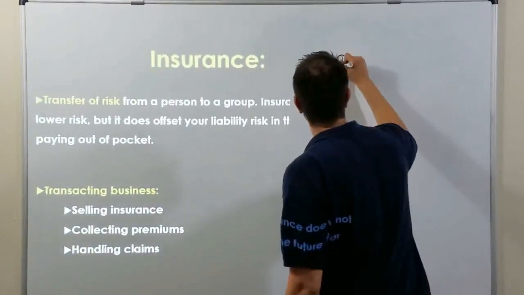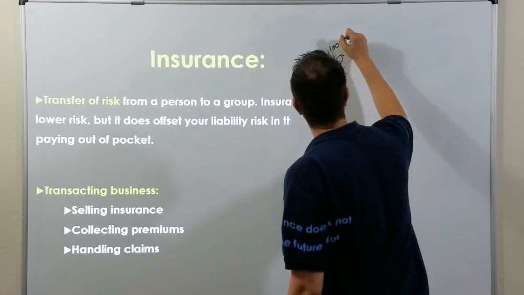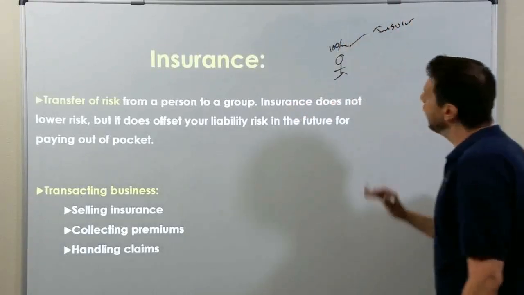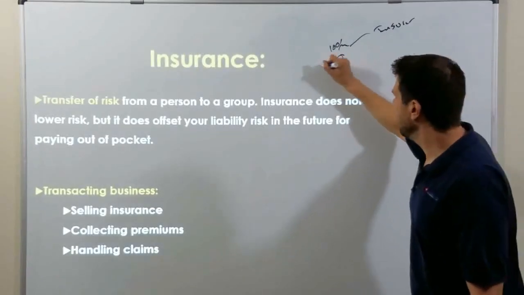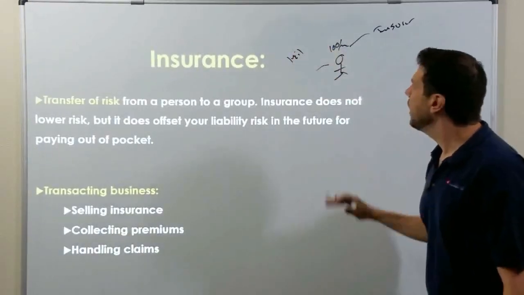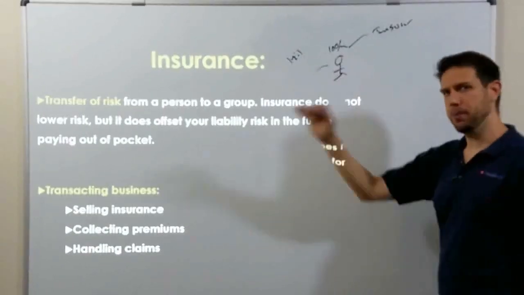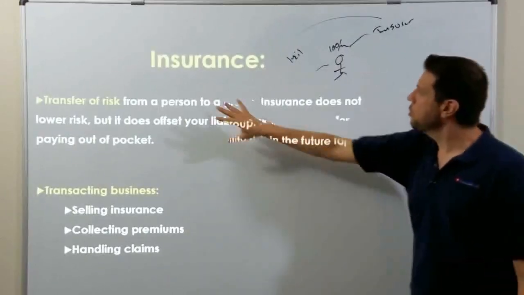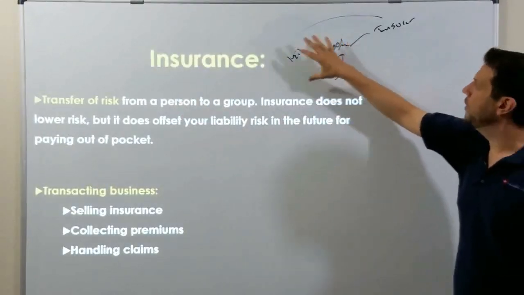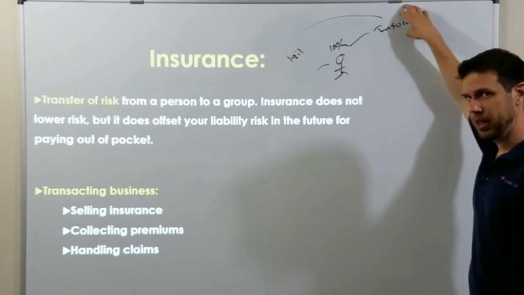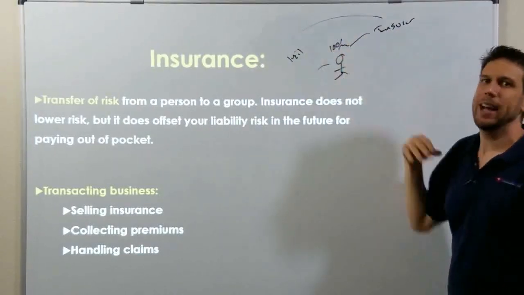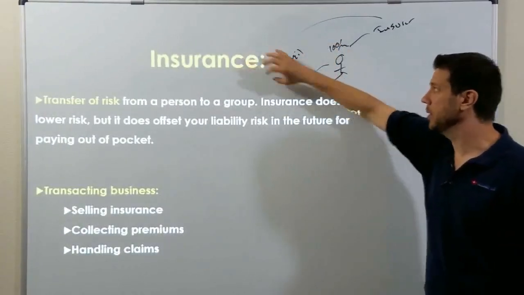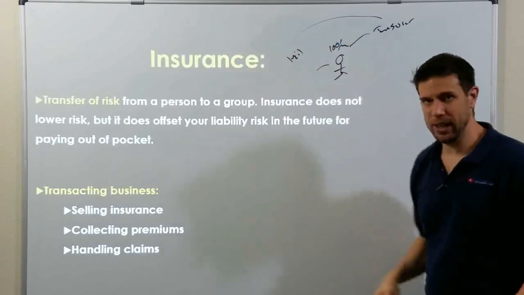Essentially, the customer will pay their small monthly bill to the insurance company. Then, when a large claim occurs, let's say $1 million, instead of the customer paying out of their pocket, the insurance company pays that claim. You've transferred the risk of you having a loss to the insurance company. You're still going to have risk, you're still going to have claims, but instead of you losing $1 million, the insurance company loses the $1 million.